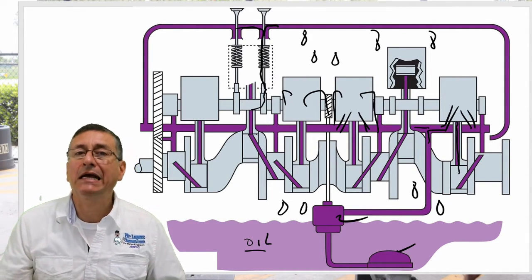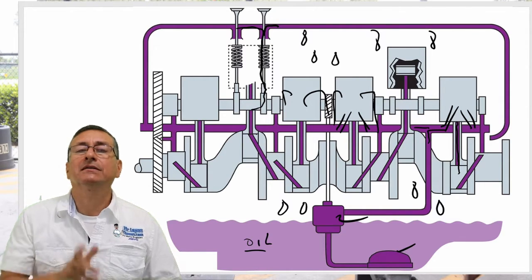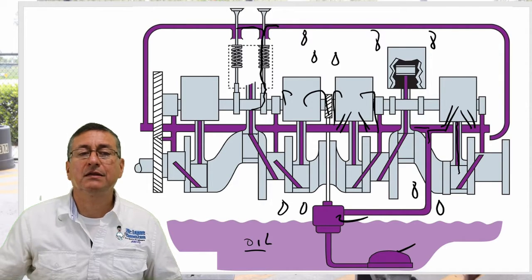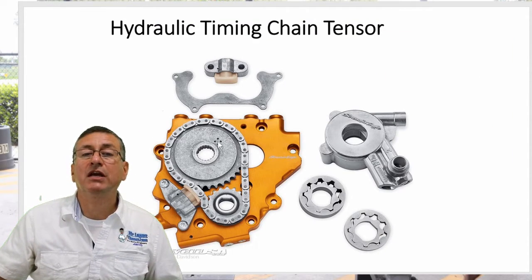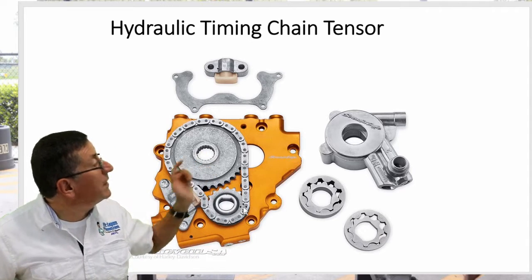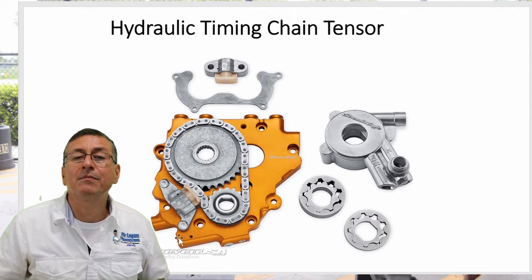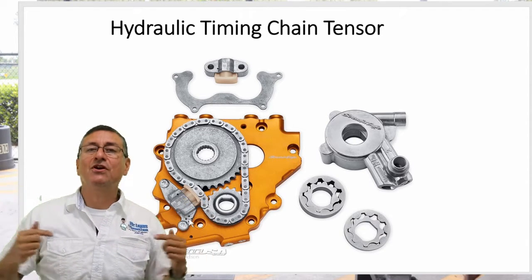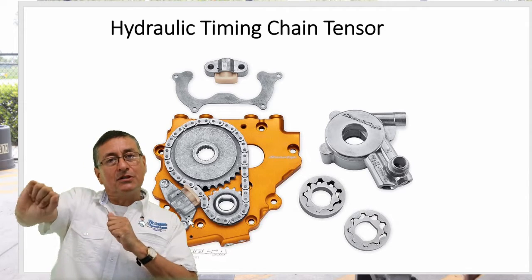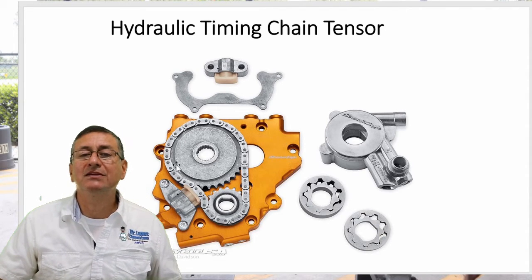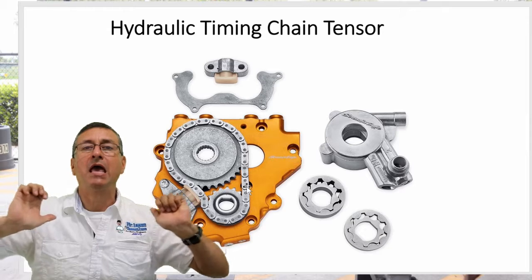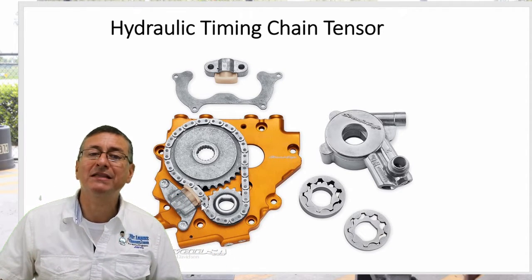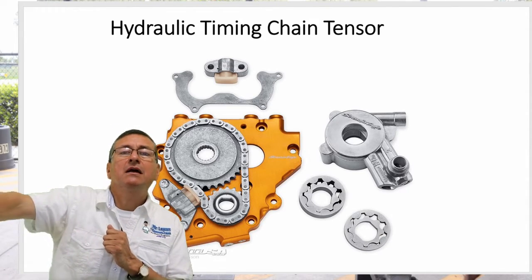It's more common in gasoline than diesel. Exactly. The tensor of the timing chain. This is a perfect example. This is the timing chain used in gasoline applications, and this element is the tensor. The tensor is a hydraulic tensor. When the pressure of the oil is appropriate, that tensor turns and keeps this chain properly turned, and the timing is not affected. What happens when this element, the tensor, does not extend